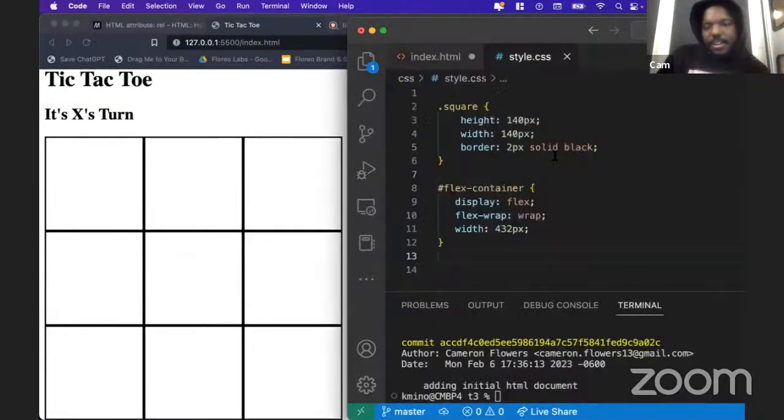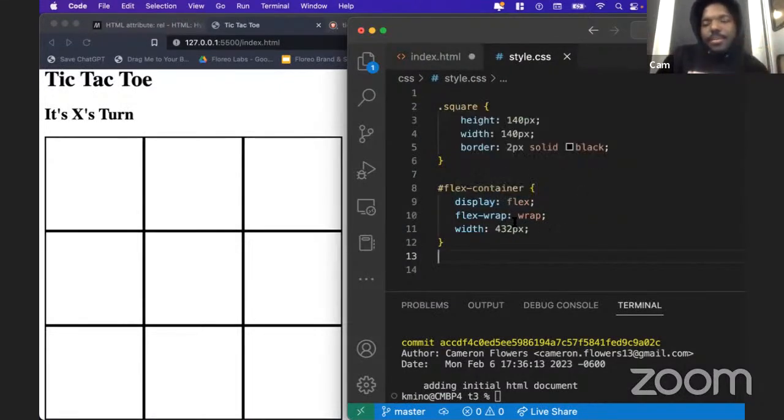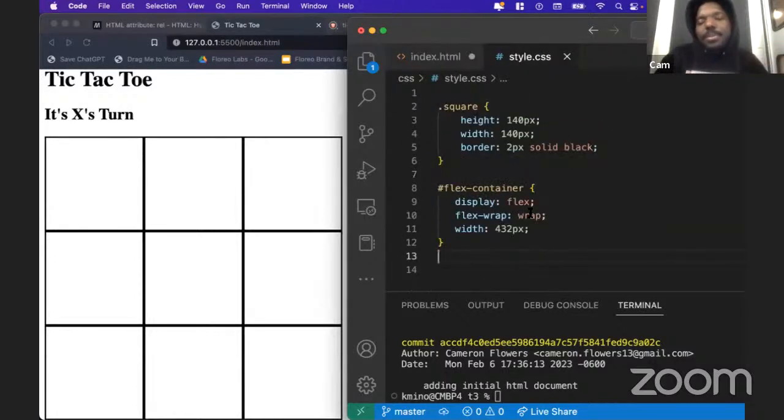The flex container has a couple properties that I might want to use again, like the display flex, for instance. So instead of giving this a whole other class, right? It might be helpful to do something like, maybe instead of just having this as an